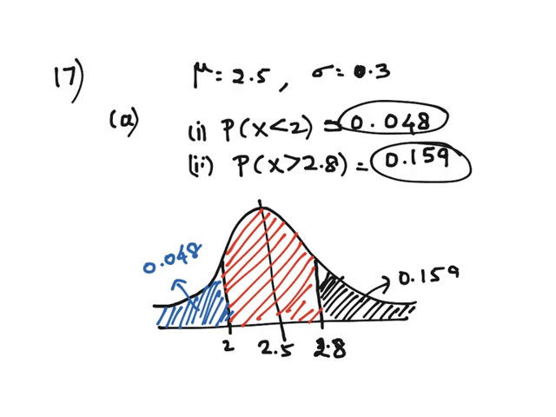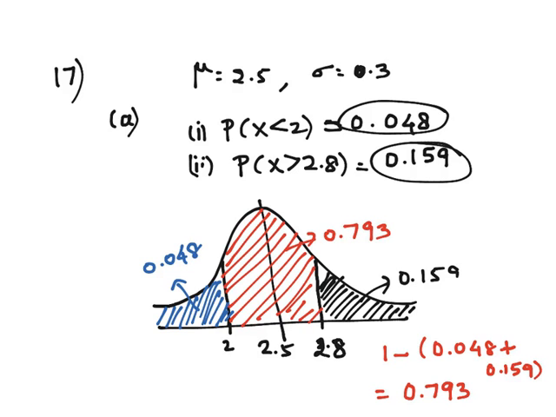The total area is 1. So I'll write 1 minus 0.048 plus 0.159, which will give me 0.793. Yeah. So this area is